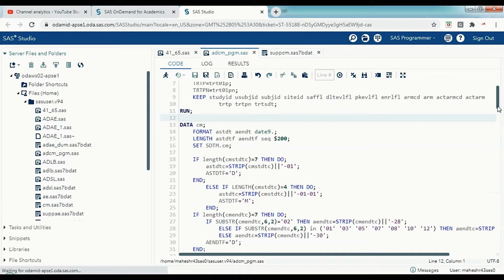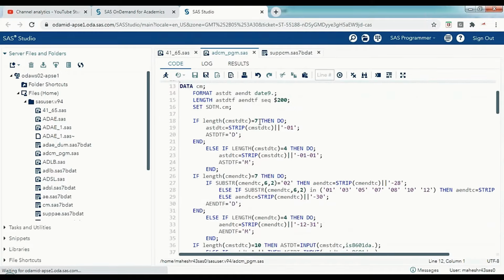So you can follow the same procedure. Here they mentioned the general rule: if a day is missing, nothing but the year part and month part are present, like 2020 and, for example, the 9th month, the date is missing, so automatically the length is 7. In that case you will give 1, meaning the first day of the month. If only the year is present, you have to display January 1st and create the ASTDTC